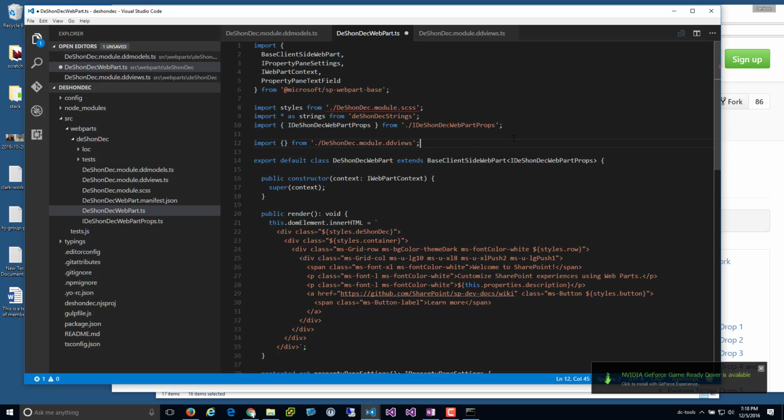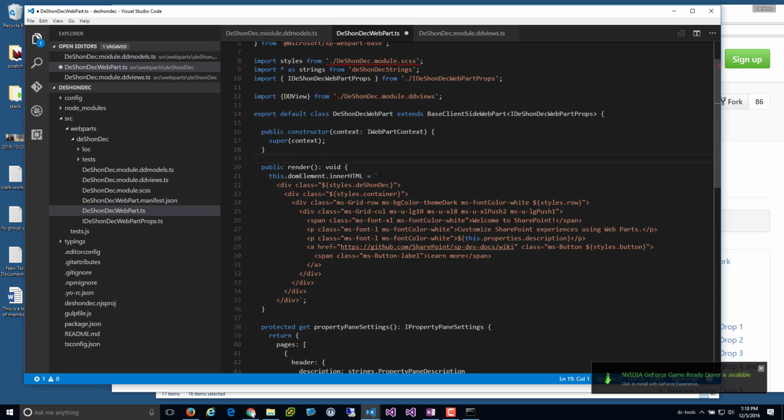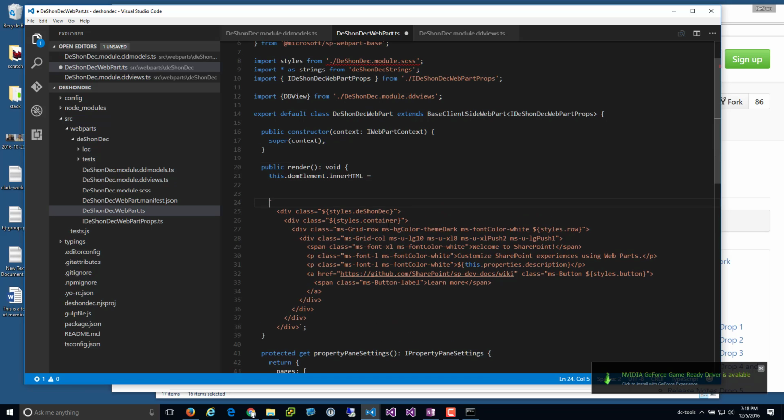And you omit the ts. Now based off of this could have multiple, so I can do a control space bar and it shows me the ones that are available, which we only have one defined class there, and that's just going to be DDView. So now I can come in here to the render method and replace this guy, which is the main intent,